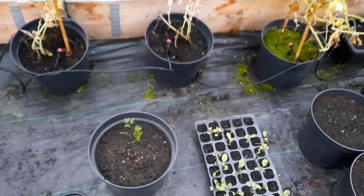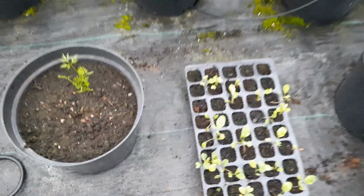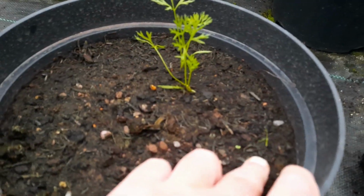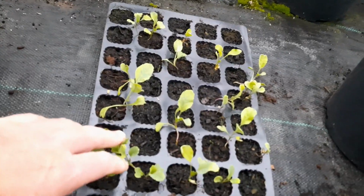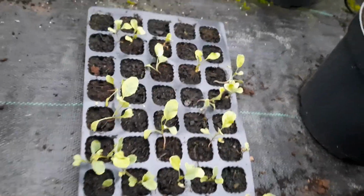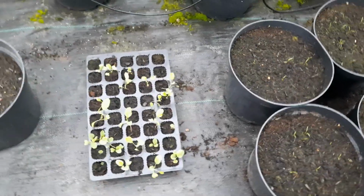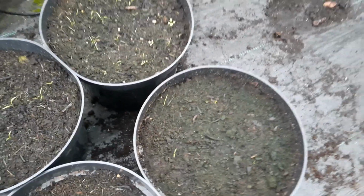Seedlings, remember I planted 1 bucket and tray, what will that be, 3 weeks ago now. Carrots, a bit disappointing, there's not many of them in this bucket. They are still continuing to come through though, you can see there. This tray of cauliflowers, another couple of weeks before they're ready to be transplanted, and again this is a bit of an experiment. I don't know what will happen if I put those outside. That other bucket of carrots I did, lots of those coming through now. I'm not worried about these at all because they can sit pretty much anywhere in these buckets, inside or out,